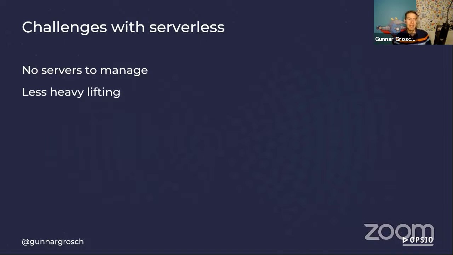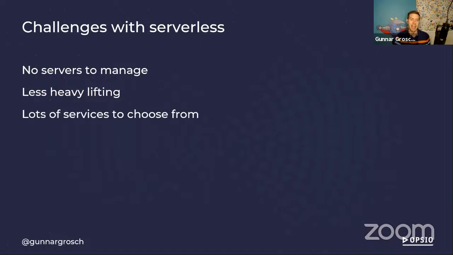And we have less heavy lifting, and I'm all for less infrastructure work. We just have to remember that every time someone sets up or configures infrastructure of some sort, they usually learn a lot about how it works and what some of the failure modes are. They learn and find sources of failure and are aware of those. Once again, a lot of things in serverless are unknown for us.